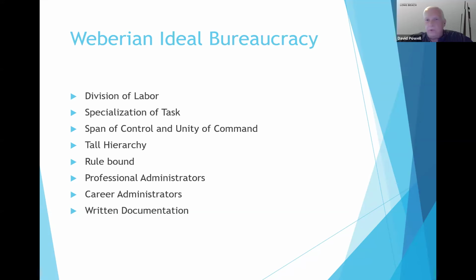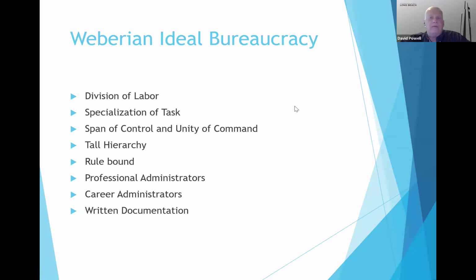And then, of course, all these rules and regulations are written. It's very important in a legal, rational approach that we write all these things down. We have a lot of written documentation so that we can go back and reference that written documentation in the future. That written documentation provides us with the institutional memory that we need to remain uniform and equal in the way in which we are dealing with people in the future. So this is what Weber refers to as his ideal bureaucratic organization.